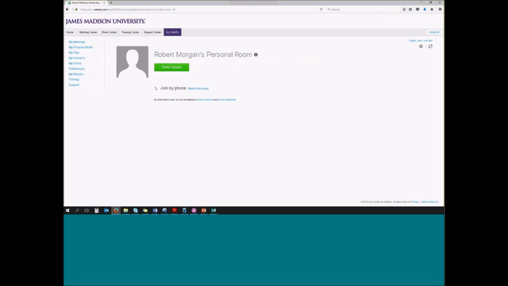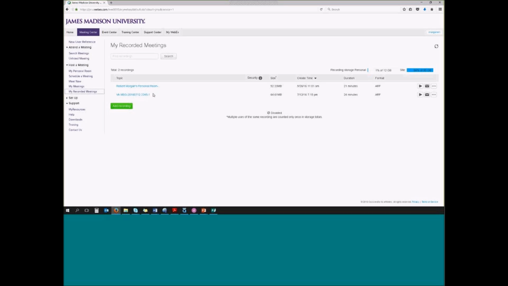To look at recording the session, we'll come back over here to Webex. I'll go to my meetings, and I have my recorded meetings over on the left-hand side. I have all of the meetings that I've recorded, how large they are, when I recorded them, how long they are, what format they're in, and then I have the option of either emailing this link to someone, or what we would recommend that you do is you download that file onto your computer, and then you could upload it into something like Canvas, or you could upload it onto the network, but you would download it and then delete